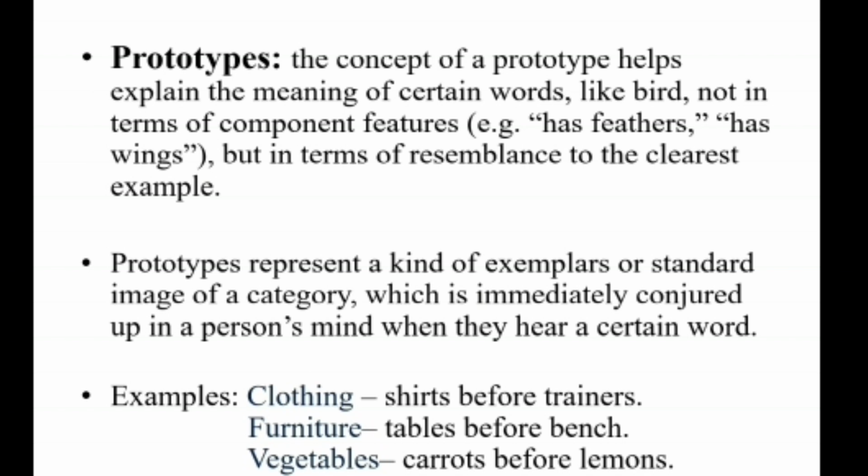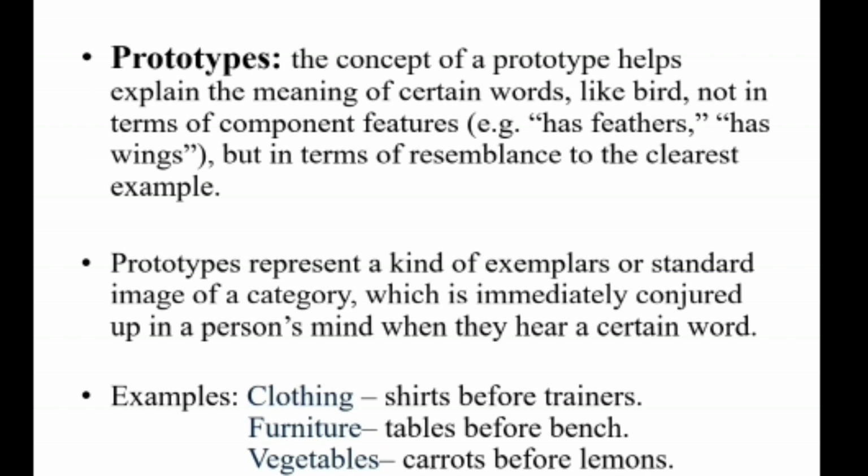This means that parrots and robins are prototypes, that is to say, examples or characteristic instances, or standard mental representations. These are all explained in the notion of prototypes of the word bird. So the idea of characteristic instance of a category is known as prototype. Then the concept of prototype helps, as we have here in the slide, to explain the meaning of certain words like bird, not in terms of its component features. For example, the bird has feathers and it has wings and so on,